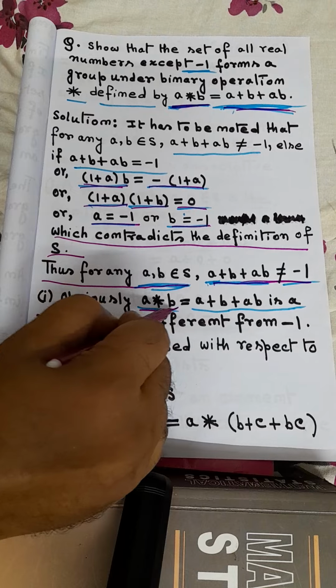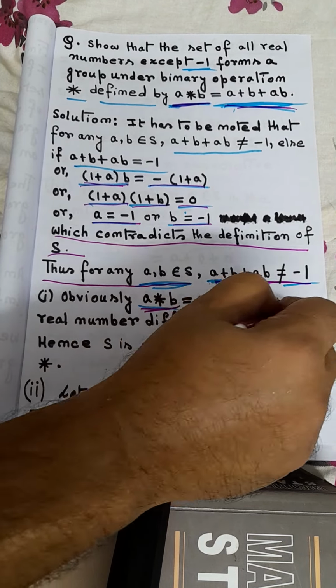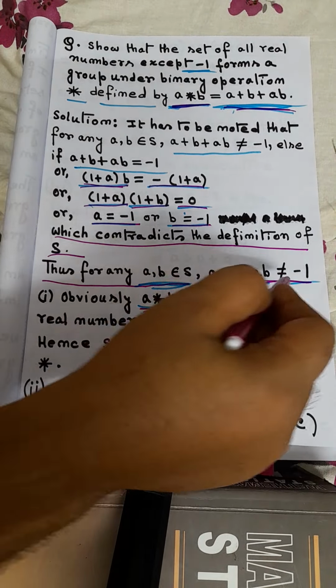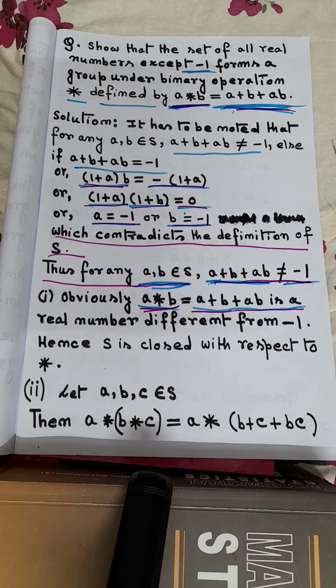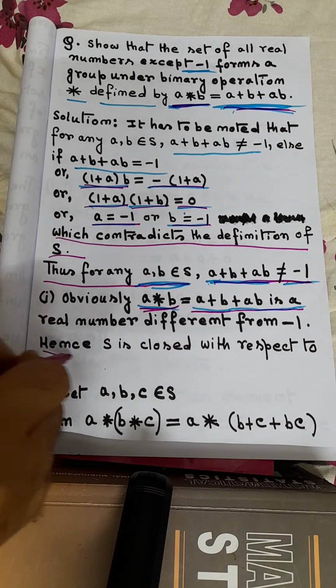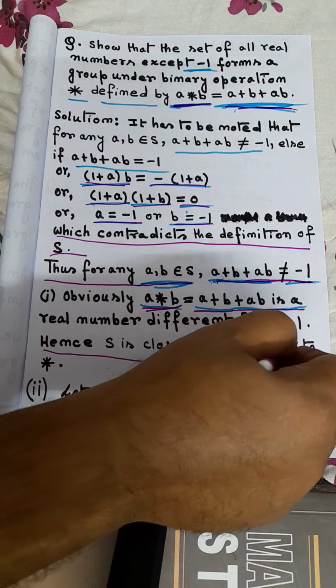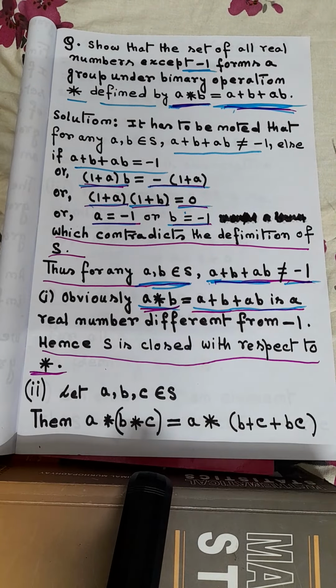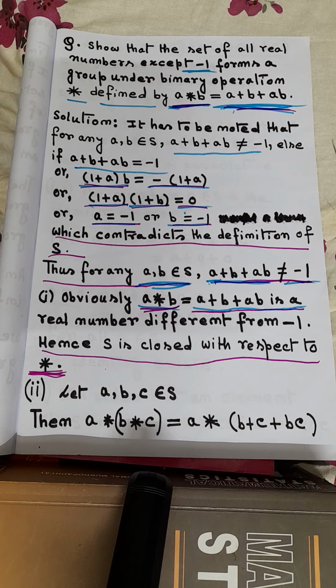We know that the operation a star b is equal to a plus b plus ab, and we have already seen that it will never produce minus 1. Hence, S is closed with respect to the binary operation star, because we have already checked that a plus b plus ab will never be equal to minus 1. So the operation will never produce minus 1. That means that the operation is closed, because